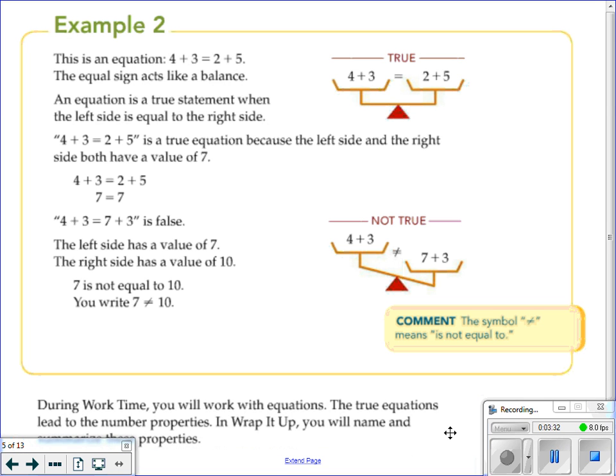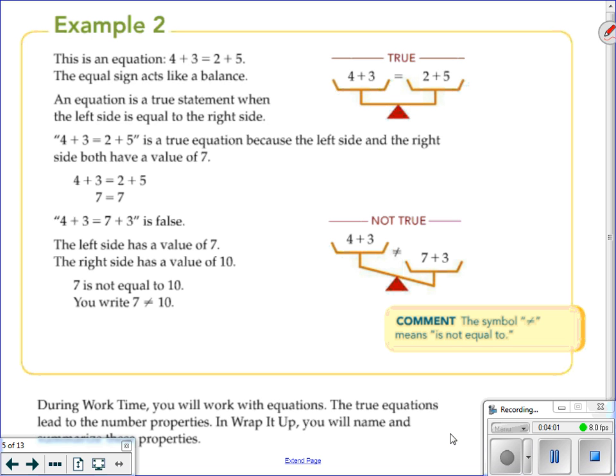So looking at the next example here, we have this equation, 4 plus 3 equals 2 plus 5. And as you can see, it says it's a true statement, because if I take 4 plus 3, I'm going to get 7. If I take 2 plus 5, I also get 7. So there's an example of a true equation. On the bottom,